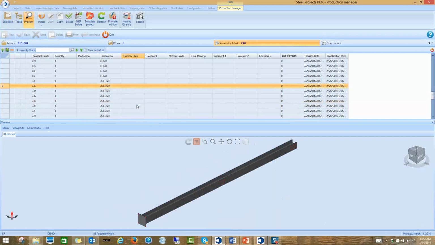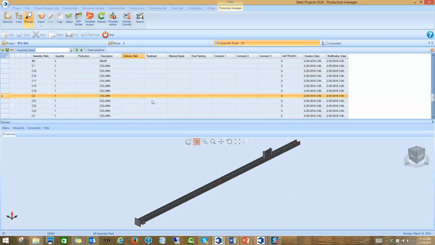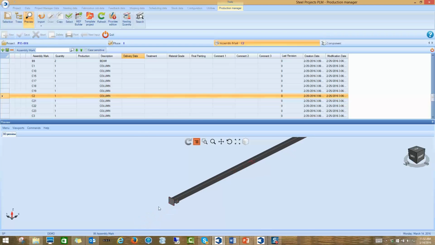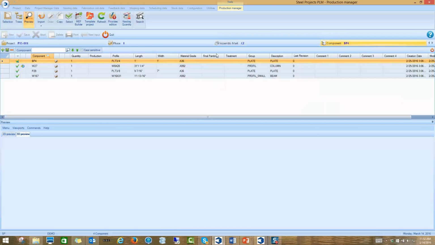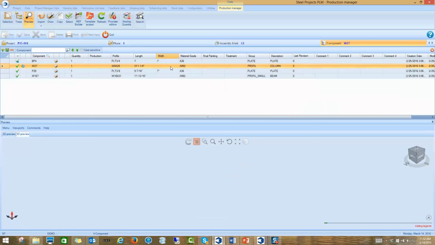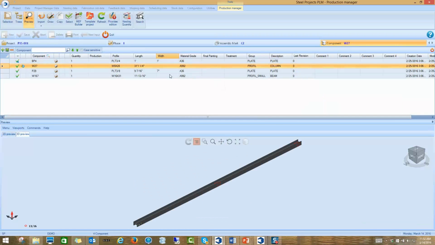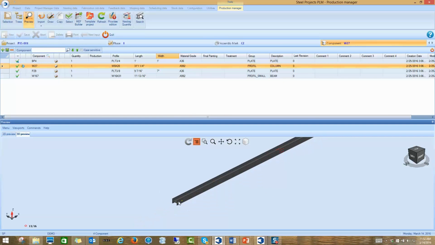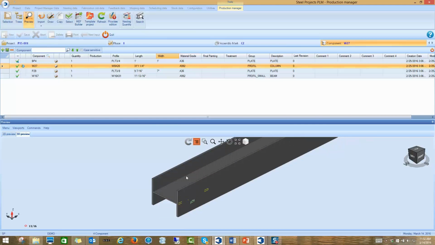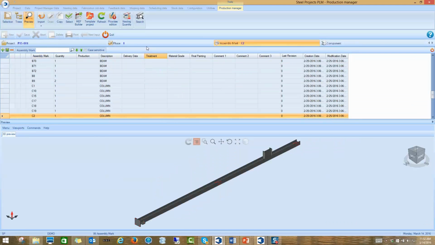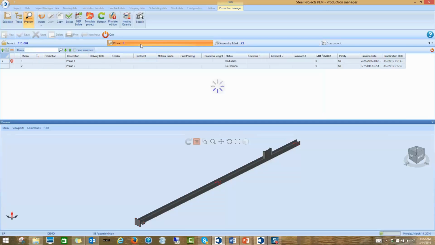With DSTV files, we're only really ever bringing in single parts and managing single parts. But being able to bring in intelligent data, being able to bring in assemblies and the relationships between the parts that fit on assembly, enables us to do a lot more with the information. It enables us to check the information, enables us to put layout marks and piece marks on the information automatically